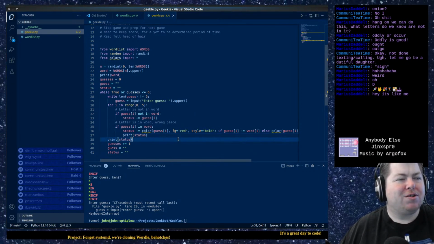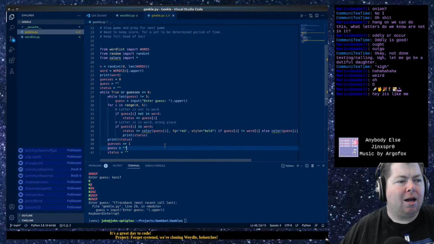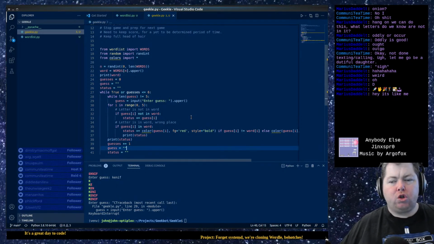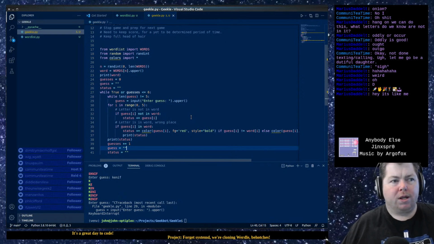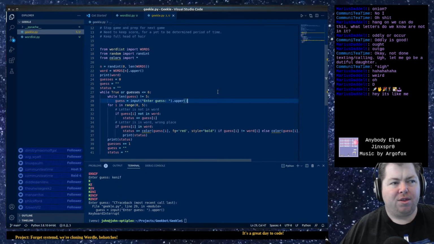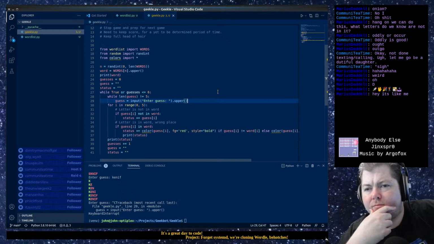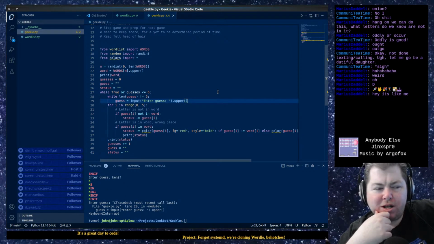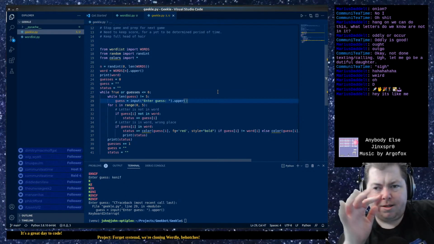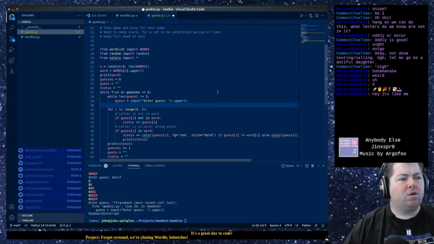Okay, so another thing to do is compare the guess to our word list, just to double check that the guess is actually a word, and it's not just randomly typing in things. So guess equals input.